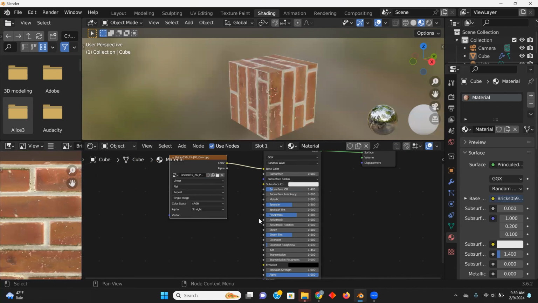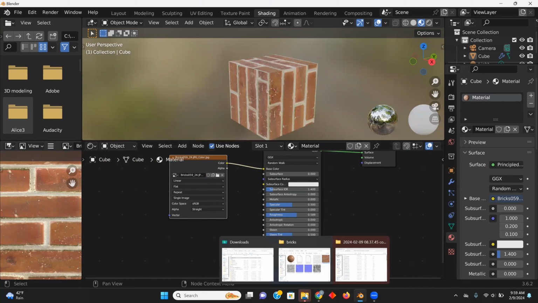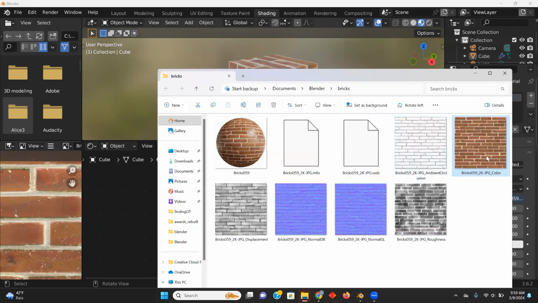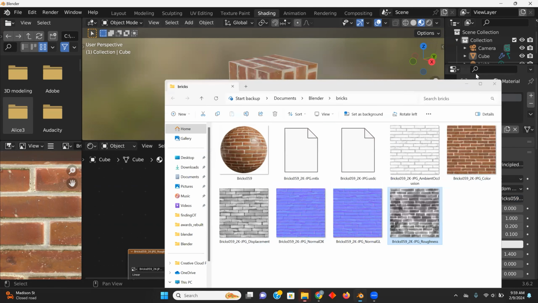Now let's take a look at some of these other categories. So if we open up, again, our folder is always a good starting point. And really the top 3 that I typically work with are color, roughness, and my normal map. So let's add our roughness next. So let's drag that object over here. And the roughness